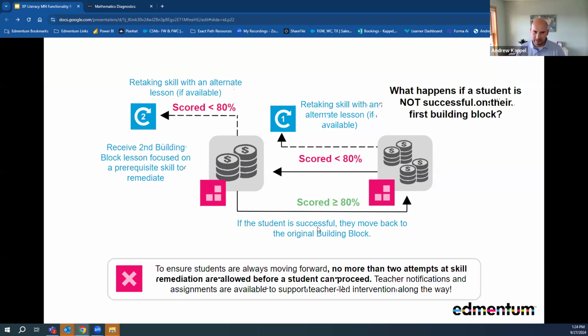What it looks like on their end is they're just going into the next skill. But it's changing the skill, designed to help keep that intrinsic motivation moving forward. And this is designed for you to then intervene and say, okay, there's a skill where there's a gap and the system's not getting it. It will provide you with some resources as well to go help remediate that skill with the student.